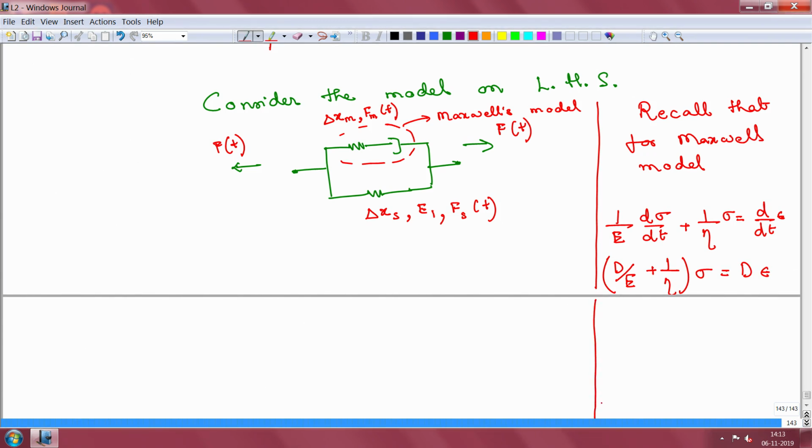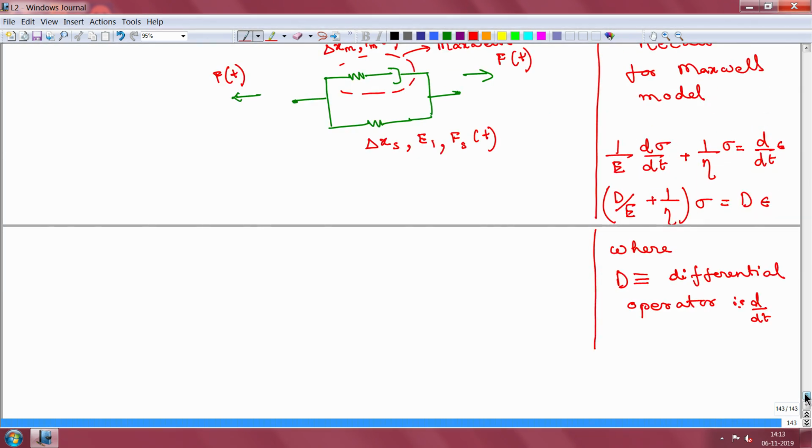Maybe I will just continue it here, where d is the differential operator. I am actually simplifying for the sake of algebra. So, basically that is here d by dt. Okay. I just want to make my life a little bit easier, that is why I am using this kind of a notation. So, when it comes to the first is the Maxwell model,